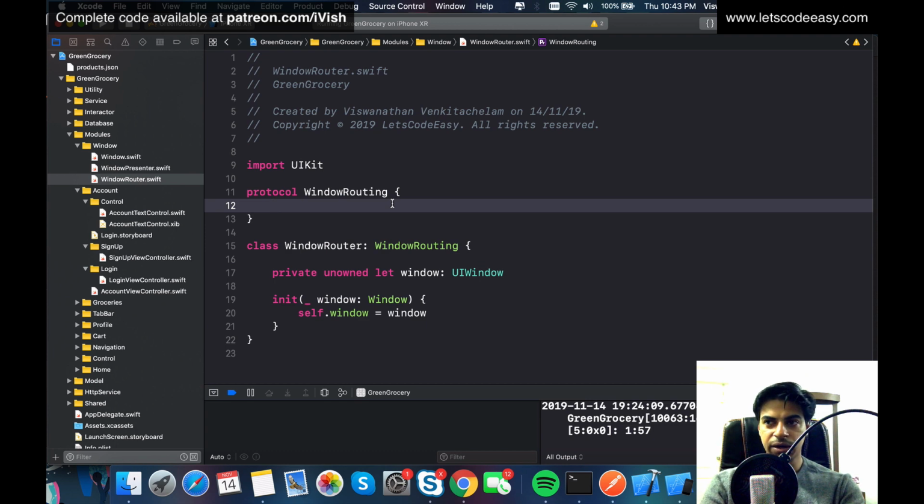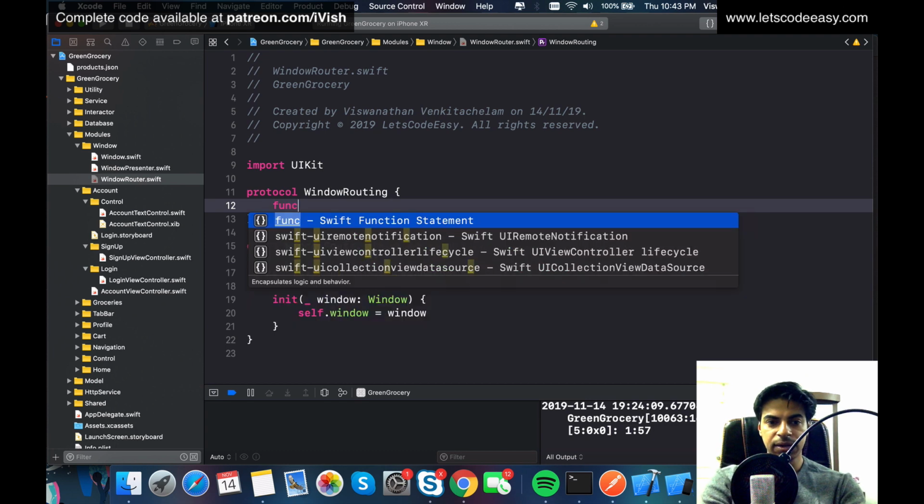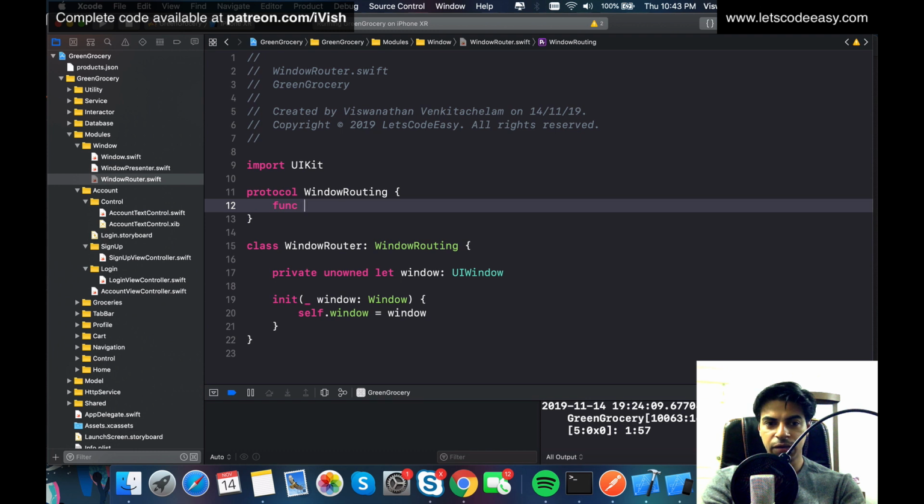will route to either the tab bar, in the sense of the groceries listing section, or to the login section. These are the two things which are going to happen using this router. So let's define that. Let me just call it route to something. So for that,